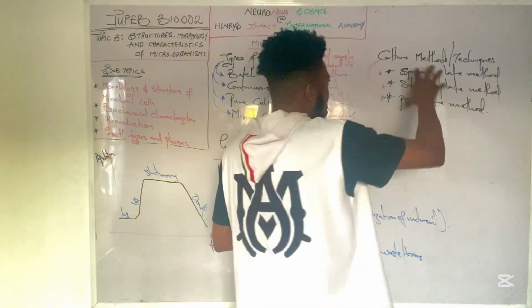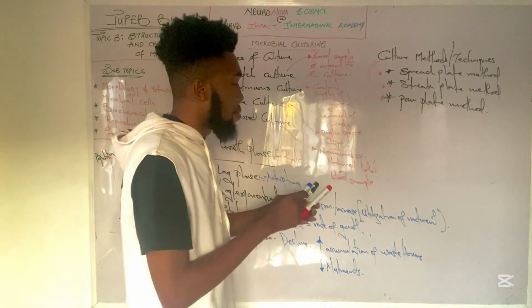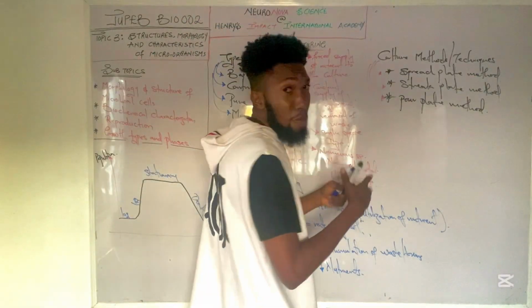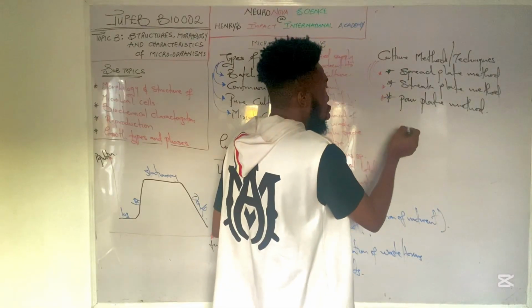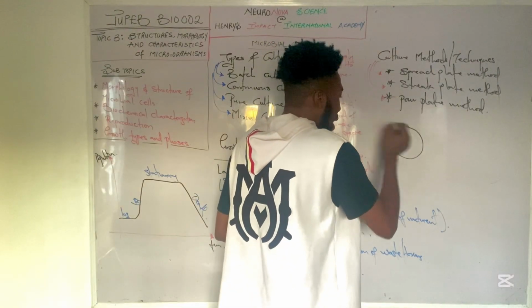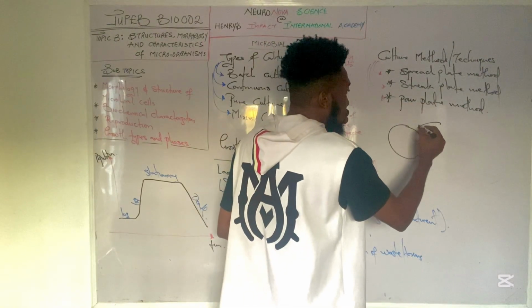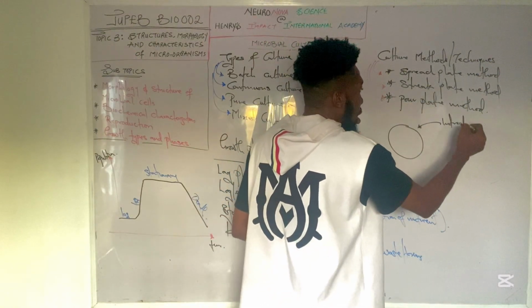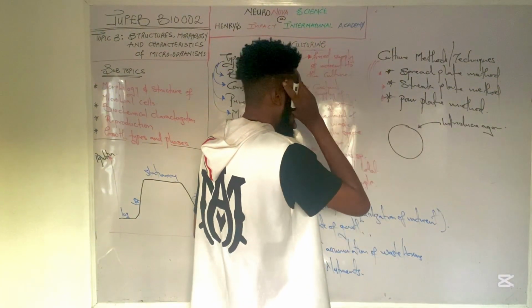All right, good. What are the culture methods that we have? We have the spread plate method. In the spread plate method, I'll just be demonstrating it to you. What's really happening is this. You have your petri dish, for instance, and then you introduce your agar solution. Then when the agar solidifies, on top of the agar,